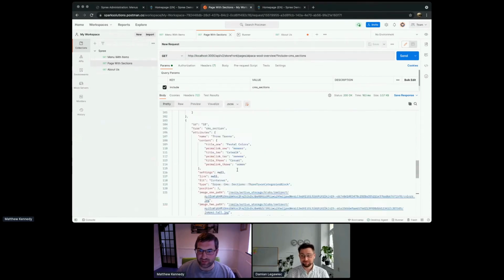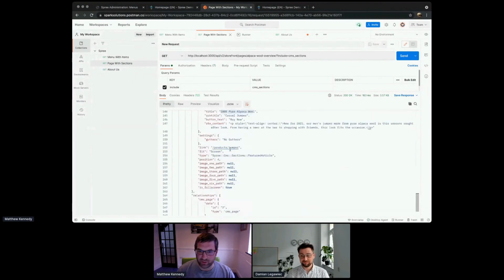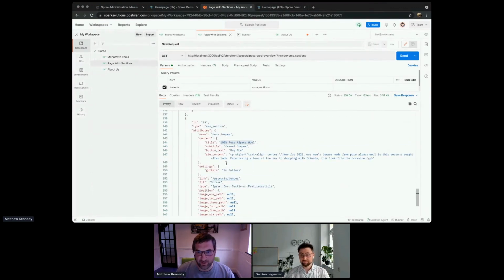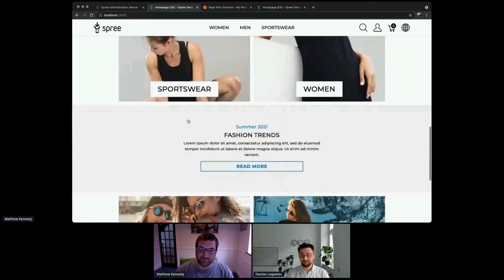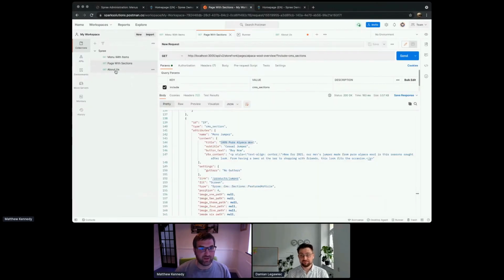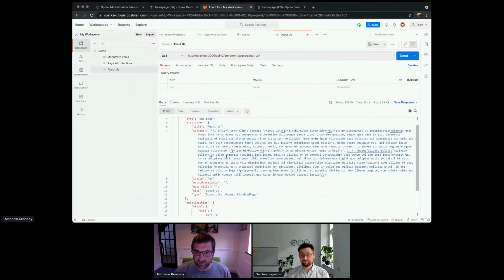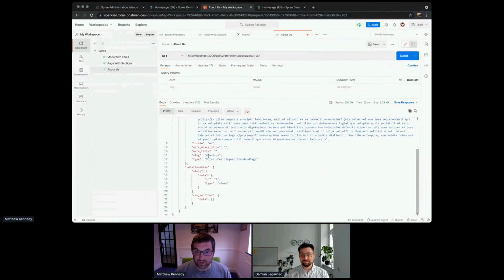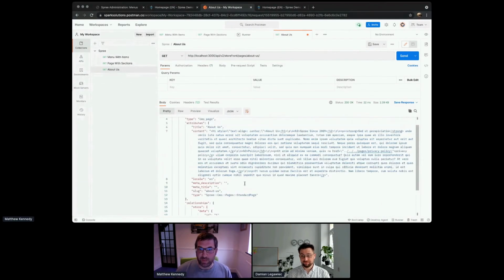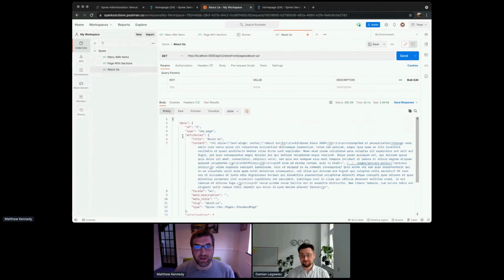So we've got some image links and information, but one of the most interesting ones is the article here, showing the title, subtitle, button text, and the content, which would look like this on the home page. So as you can see, you can pull through all the data of all the sections, and they're all rearrangeable. So you can also use them through the API, and a standard page, which is very simple. So we've got the content, the title. As you can see, we've got the rich text content coming through, the slug, and the store it belongs to. All the data you need to work from the API.